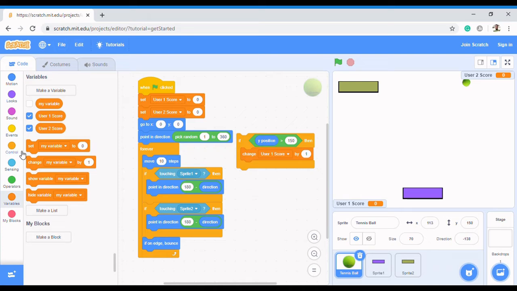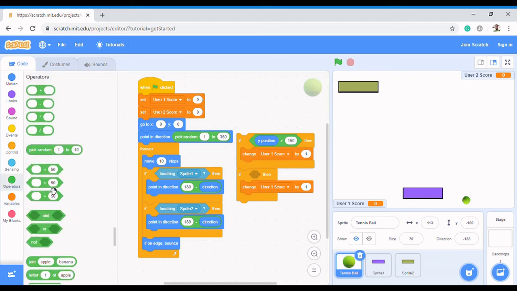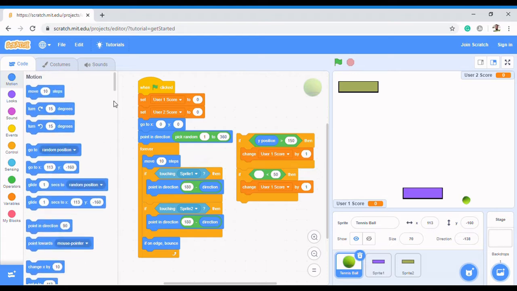Okay, we're going to do the same for user 2, but in this case, let's check for the ball. Let's click on the ball again. Now if it is less than minus 150, let's see. If it is less than minus 150, remember minus 160 is also less than minus 150 because of the negative sign. So we're going to come here and say, if the y position of the tennis ball